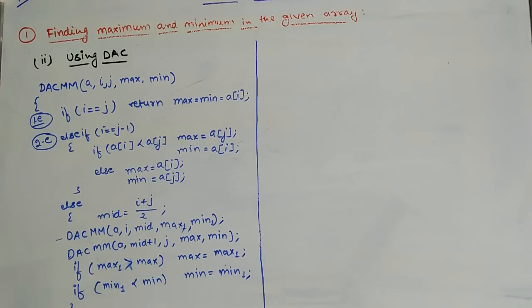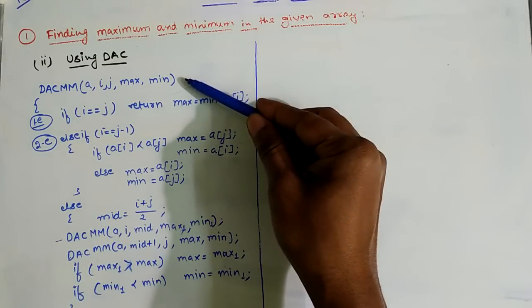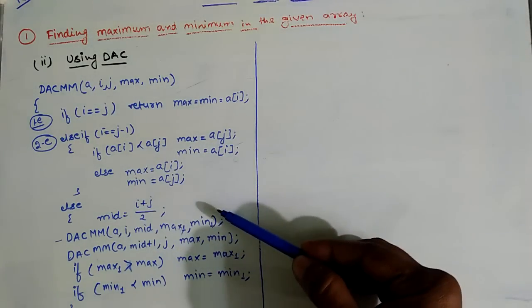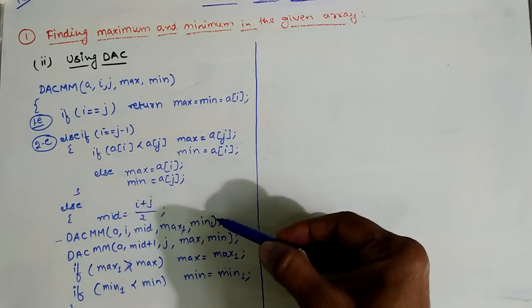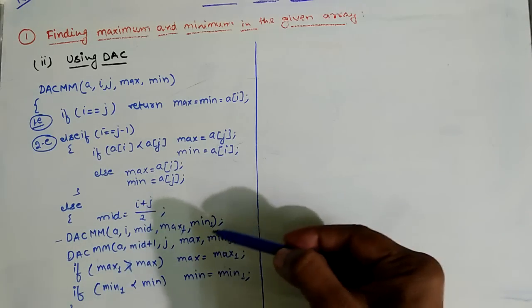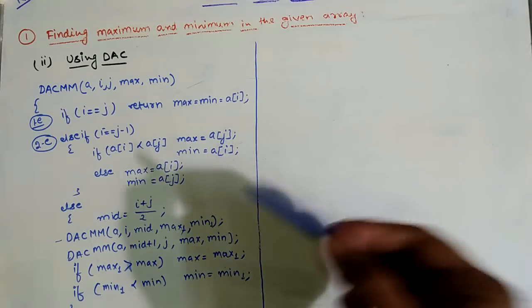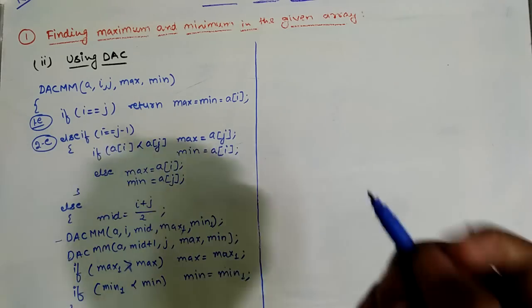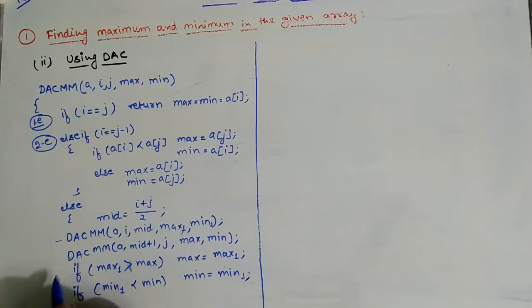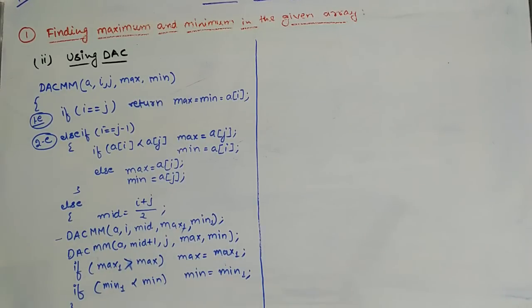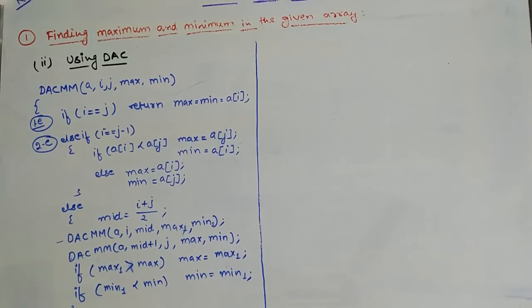So this way the whole recursive function is called with 2 recursive calls. In each function there are 2 recursive calls. First is for the first half of the array and second is for the second half of the array, and after these 2 recursive calls we just compare the solution of each of the recursive calls. So the last 2 lines can be treated as the combine step of our divide and conquer approach, and these 2 lines follow the recursive calling on the subproblems. So we divide the problem into these 2 subproblems.